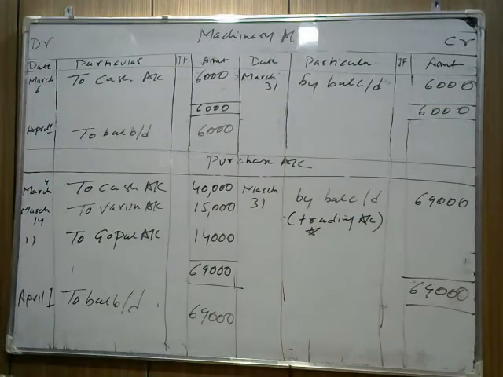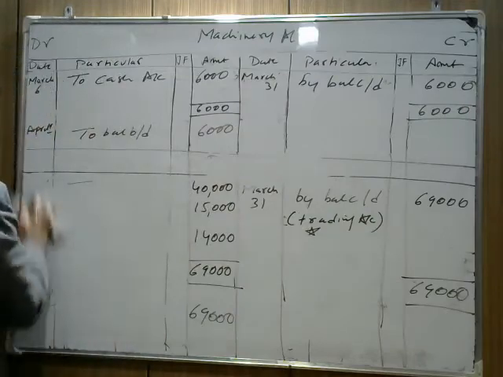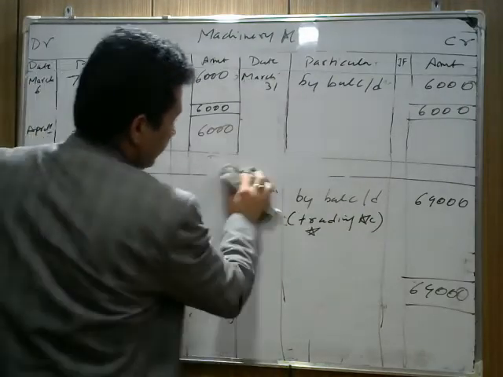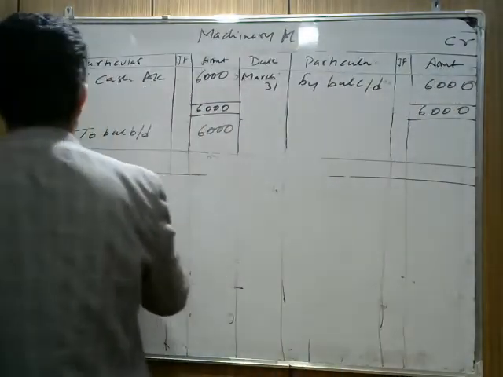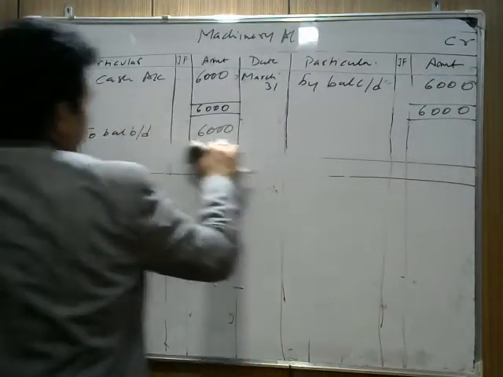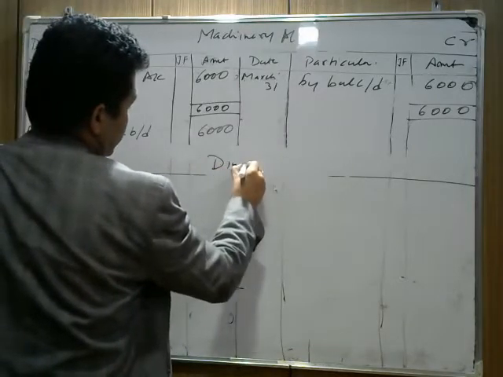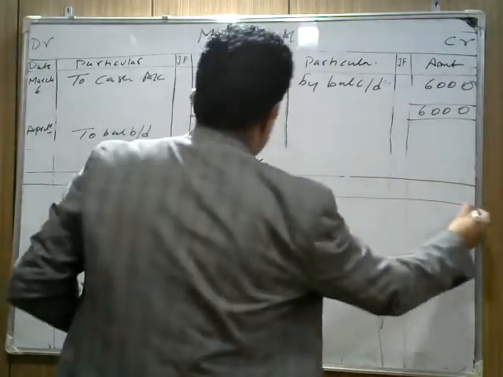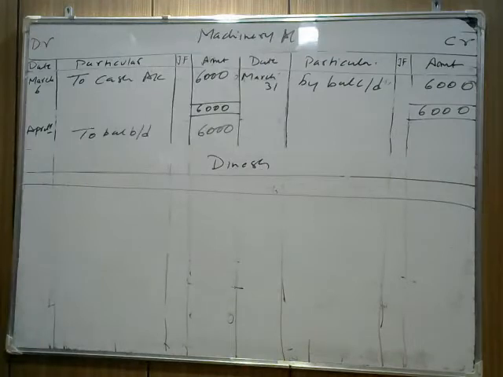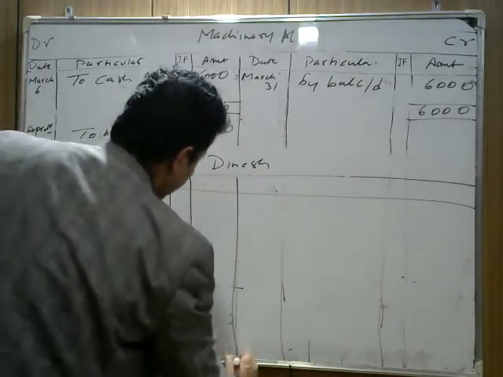Next we prepare Dinesh account. Next thing is we need to prepare Dinesh account. Now see the transactions where Dinesh is involved. One by one I am making all the transactions. Now let's check where Dinesh is involved. Making Dinesh account here. The same thing, the format is the same. There is no change in the format of ledgers in any case. So we write here all the transactions which are related to that only.